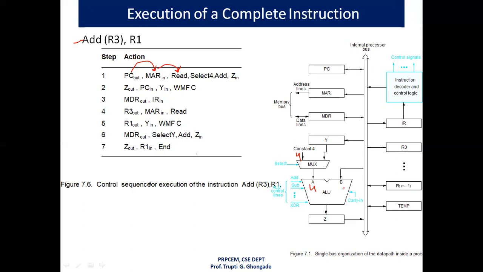And the result is stored in register Z. So let's consider the contents of PC. Now here addition is performed and the result is stored into the temporary register Z. So Z in. Then the updated value is moved from register Z back into the PC